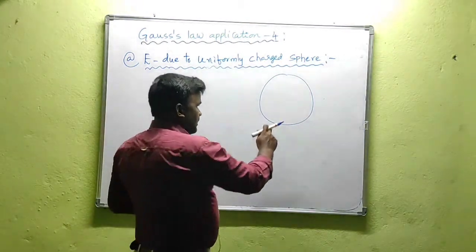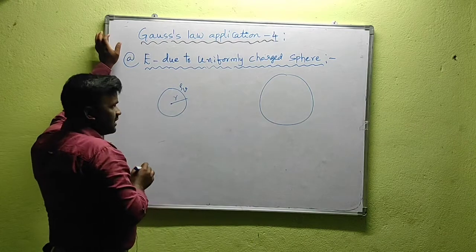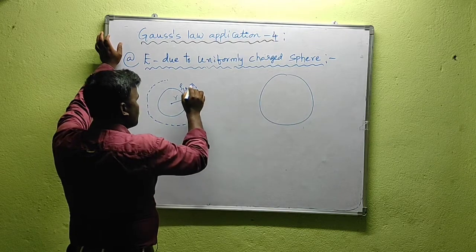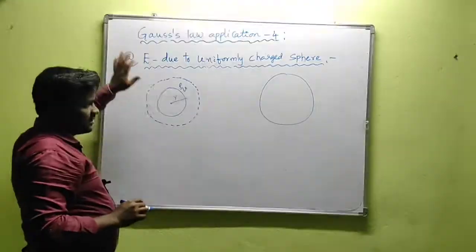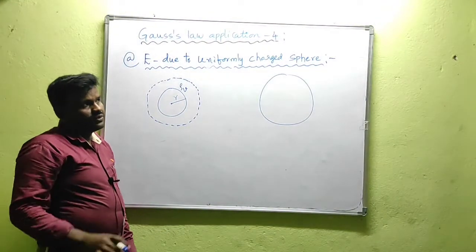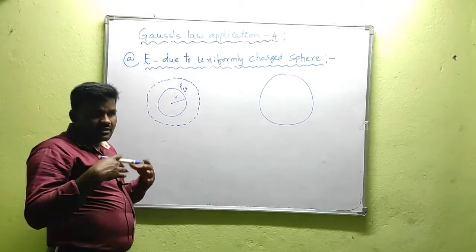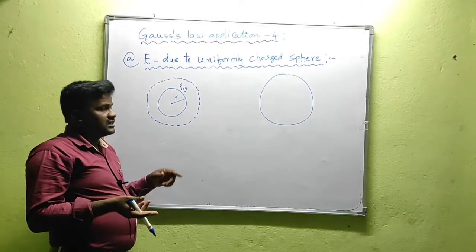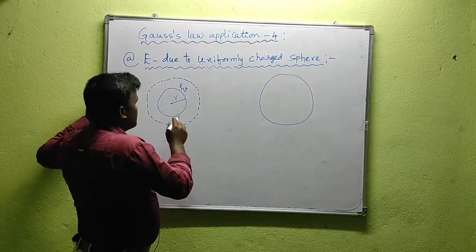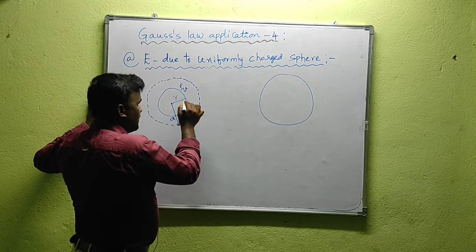So that's why I consider two cases. First one is this case, that is r is less than or equal to a. I consider a reference radius, okay, r is less than or equal to a. So means what? Here indirectly I constructed two Gaussian surfaces. In order to apply Gauss law we need symmetrical charge distribution. For that, to apply that symmetry of the charge distribution we need to construct Gaussian surfaces to apply Gauss law, okay. So here I consider a sphere of radius r and another sphere of radius a. So here radius is a and here radius is r.